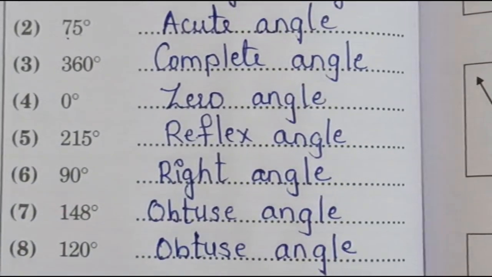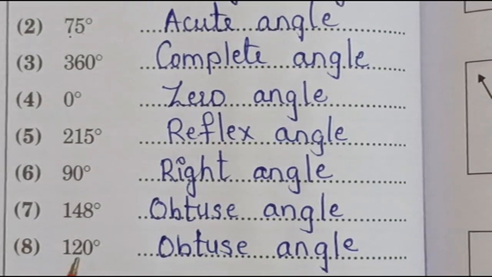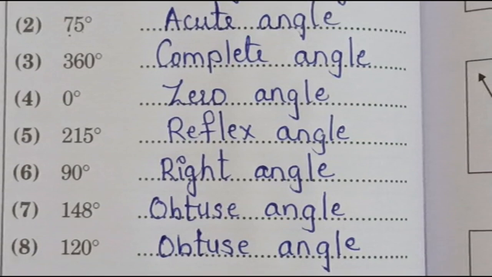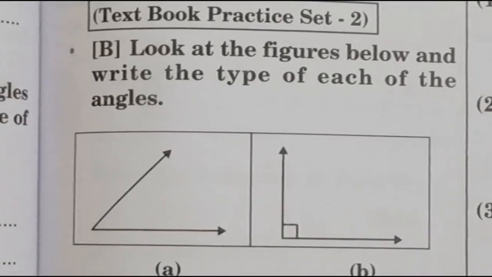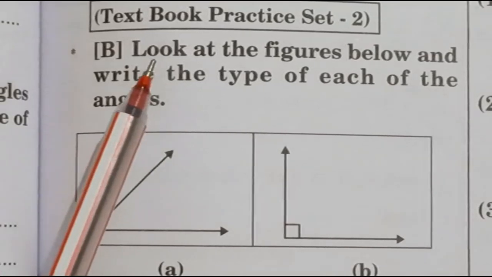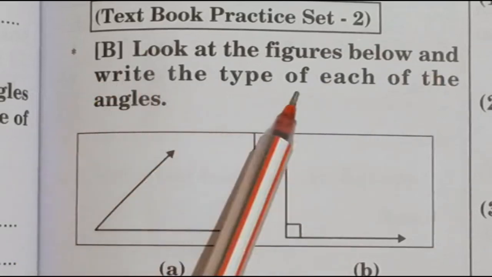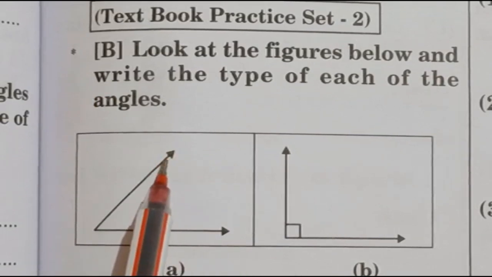Clear everybody how you are supposed to solve this question? You have to identify with the degree which angle it is. Now let us proceed further to question number 3. Now students, in your combined book page number 73, there is a question: look at the figures below and write the type of each of the angles. Now first you have to observe this angle. This is which angle? Less than 90 degrees, so it is known as